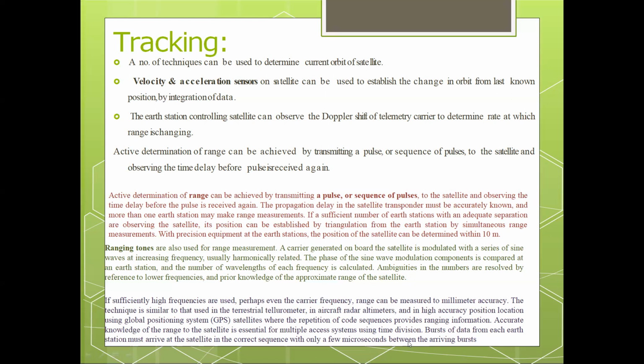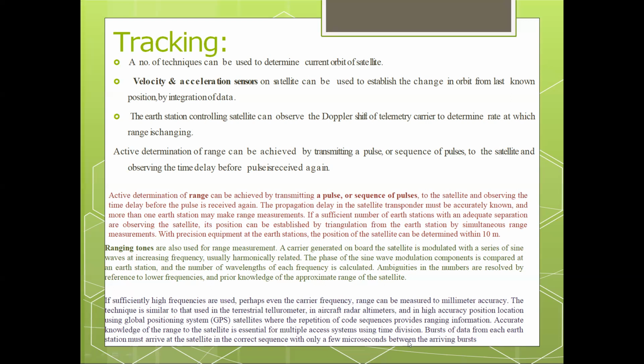So what is the application of this tracking? It makes it easy for the ground earth station to control the satellite by sending small instructions. The second benefit is that earth station control can be done using the Doppler shift. In this Doppler shift telemetry process, we have a carrier, and we assign modulating signals to that carrier so that the corresponding modulation can be done by the ground earth stations.